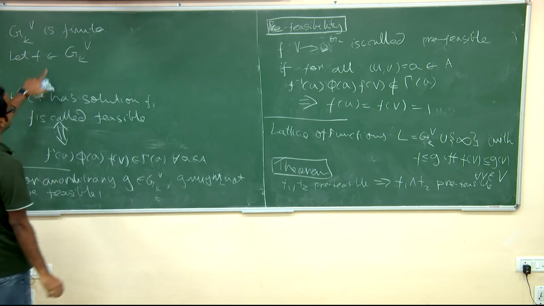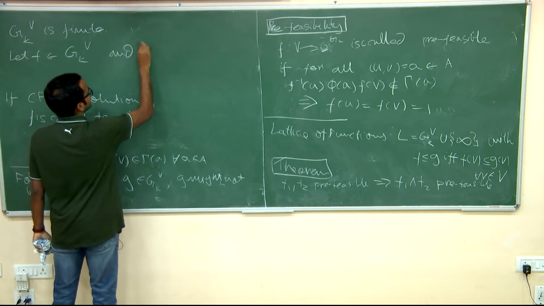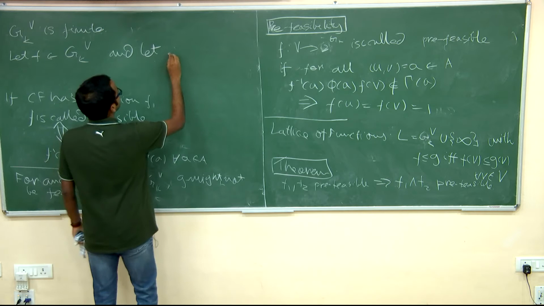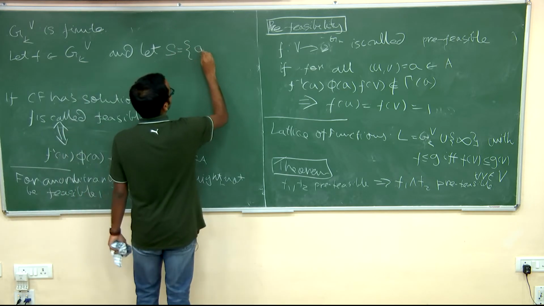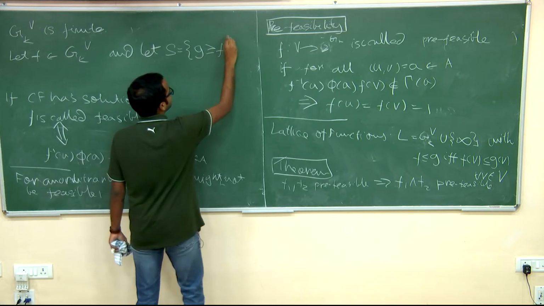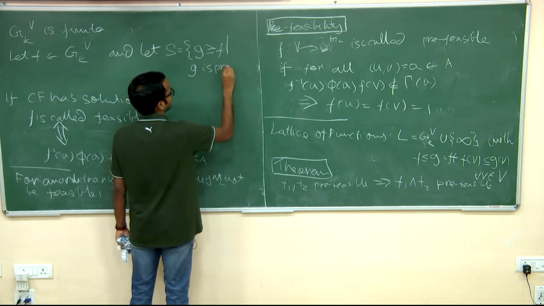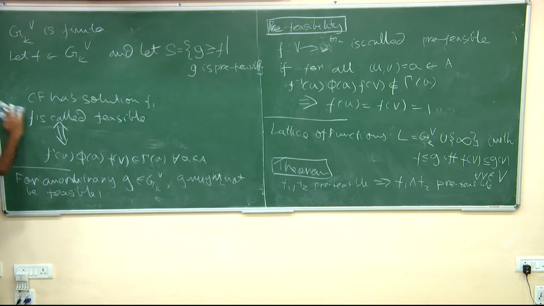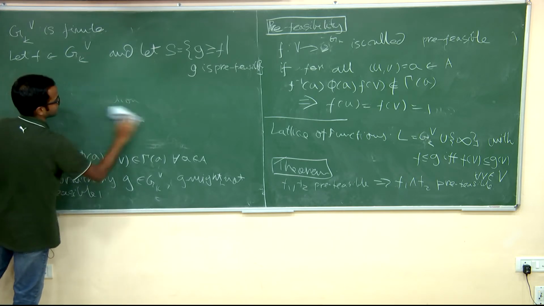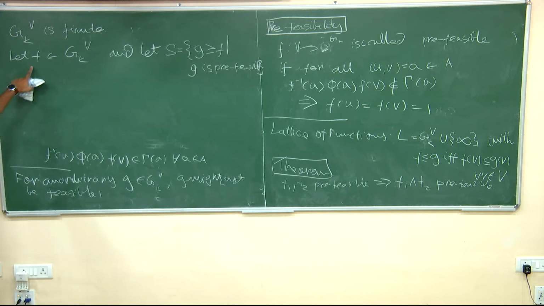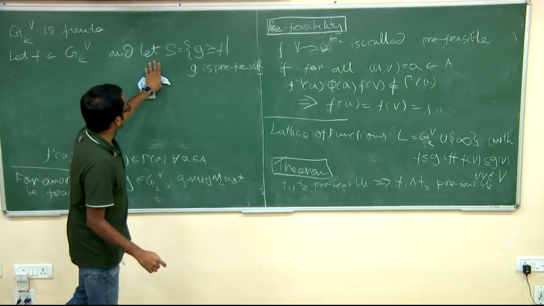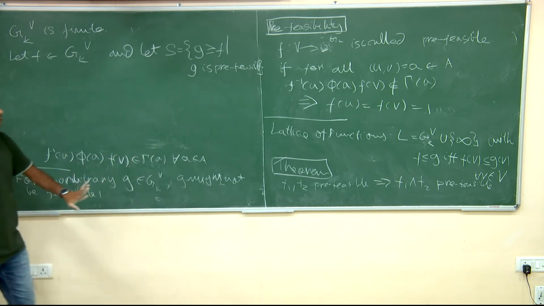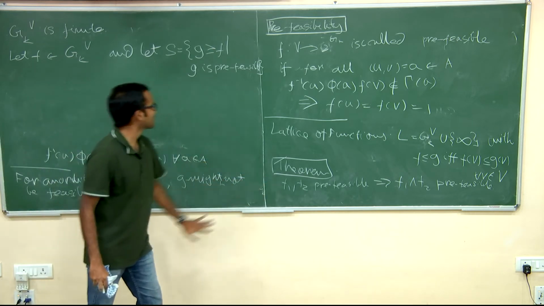Let f be any function. F is any function. If you look at this set for that function, all functions larger than it in the lattice which are free feasible. So this theorem will give us